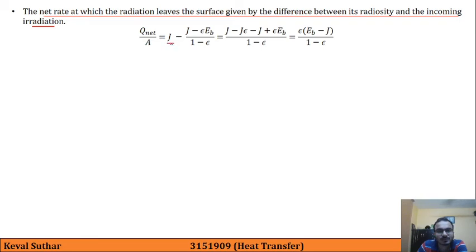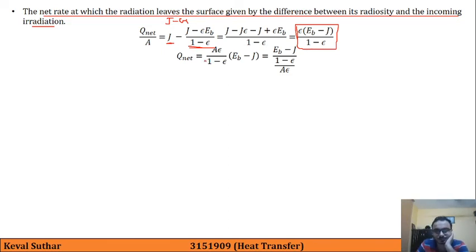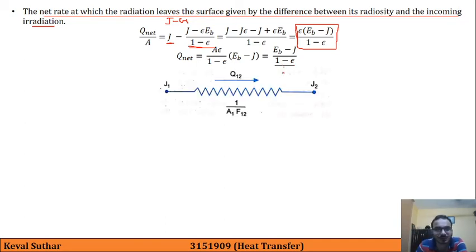This is our radiosity J minus the irradiation G. So this is like capital J minus capital G. So by simple mathematical calculations, you can obtain this value of Q net upon A. So here Q net is equal to, since we have multiplied the area on the right hand side, we are left with this, and we are keeping only EB minus J in the numerator, and the remaining things are kept in the denominator, that is 1 minus epsilon divided by capital A into epsilon. So here